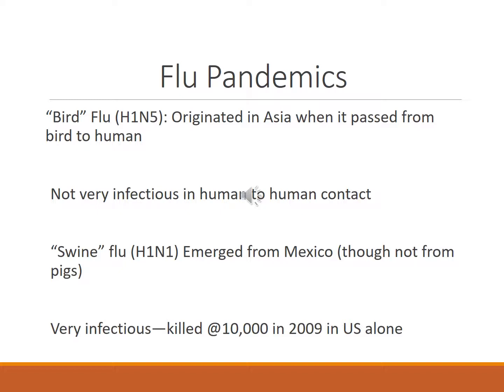A few years after SARS, we get the bird flu. This is the H5N1 virus, and oftentimes these flu viruses are given these designated numbers, which refer to how the chromosomes are coded. The bird flu emerged out of Asia when it passed from the bird population there to humans. Although we found, as we looked at it more closely, that while the virus was very communicable within the bird